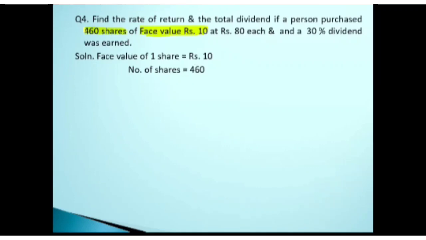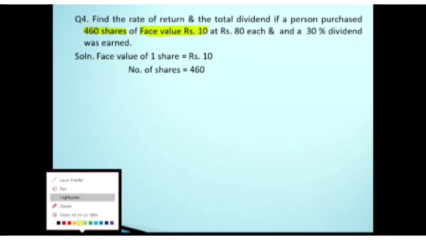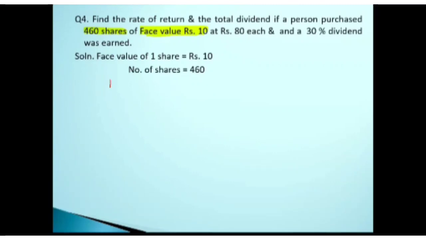So once you know the face value and the number of shares, you are going to calculate TFV. TFV is nothing but total face value, and that is given as face value of one share into number of shares. So if you just calculate TFV and get the answer, put down the answer in the chat box. Check the answer of this component. That is what the formula says for TFV. So you need to calculate with that.